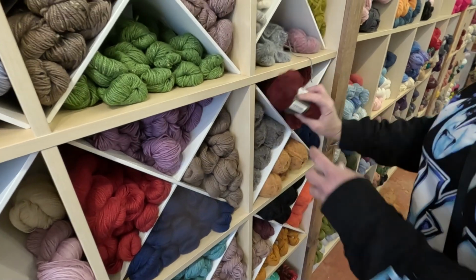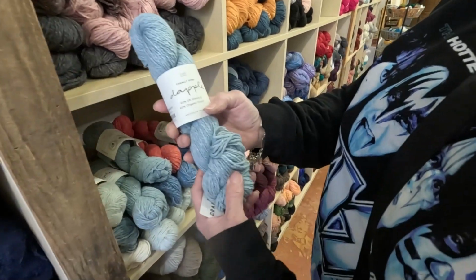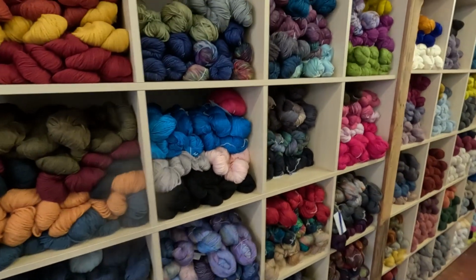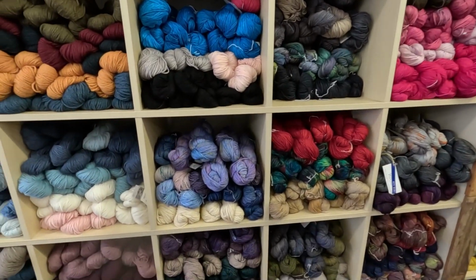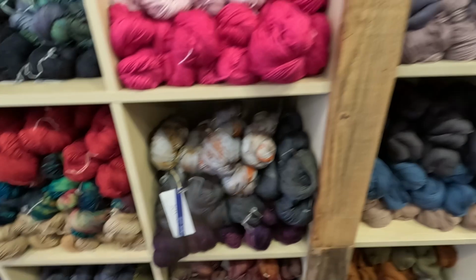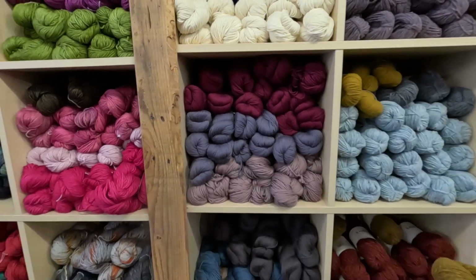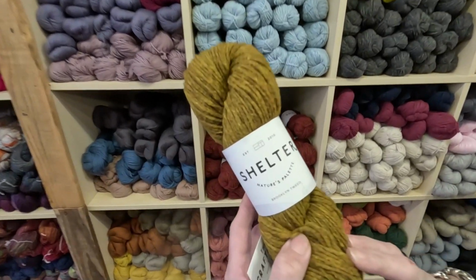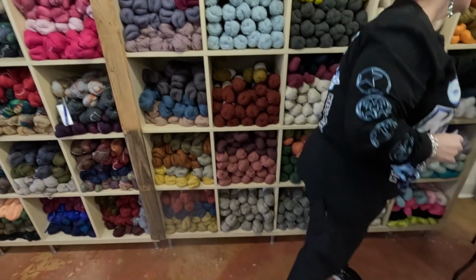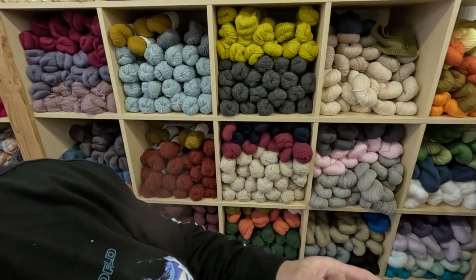It's a boucle, and dapple, tonally dyed. Malabrigo. Right. Which I don't know that I know any shops that don't have Malabrigo. Wow, look at this color combination. No, I can't. I hate it. That's awesome. And then Shelter, Nature's Palette, Brooklyn Tweed. Oh, Cascade Yarns, Ultra Pima. Okay,